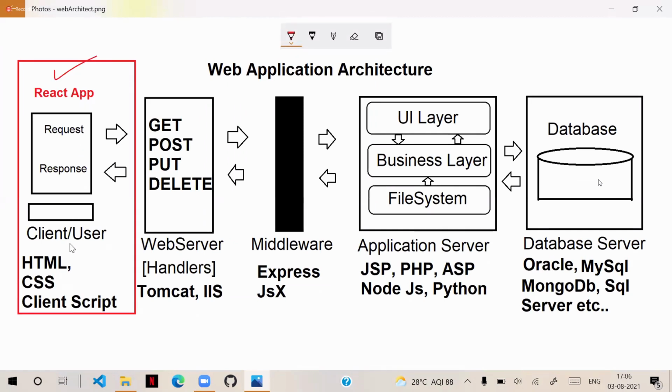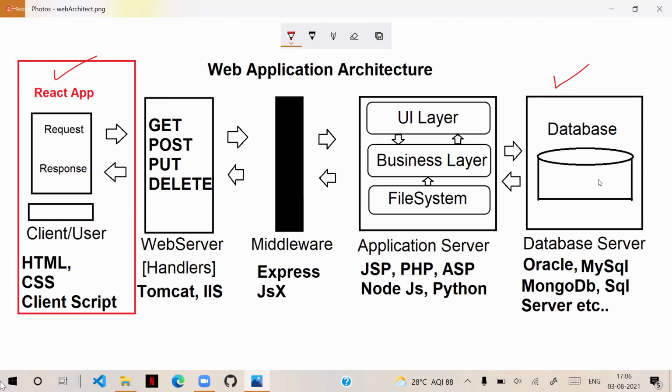I will show you React and Angular like technologies also, and how they are used. Here, on the client side, we have seen how to present, how to give effectiveness, and how to handle the client side script. We have done that. And on the server side, we have this database. These two things we have done.